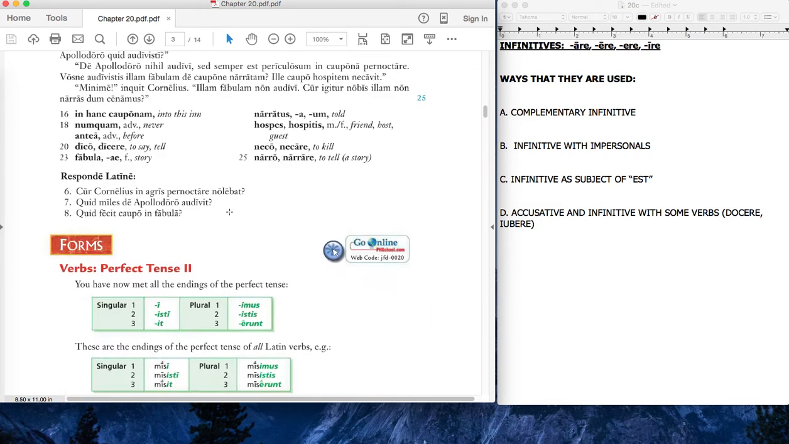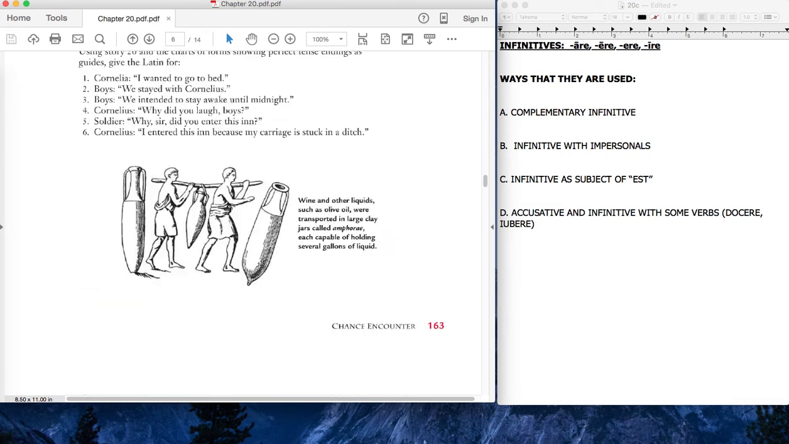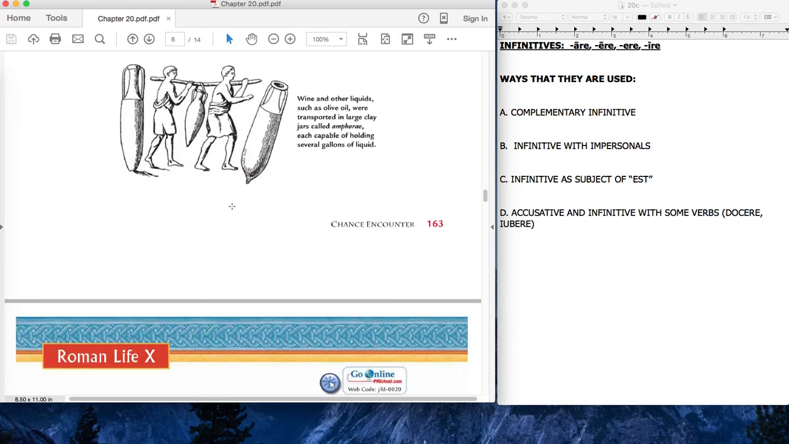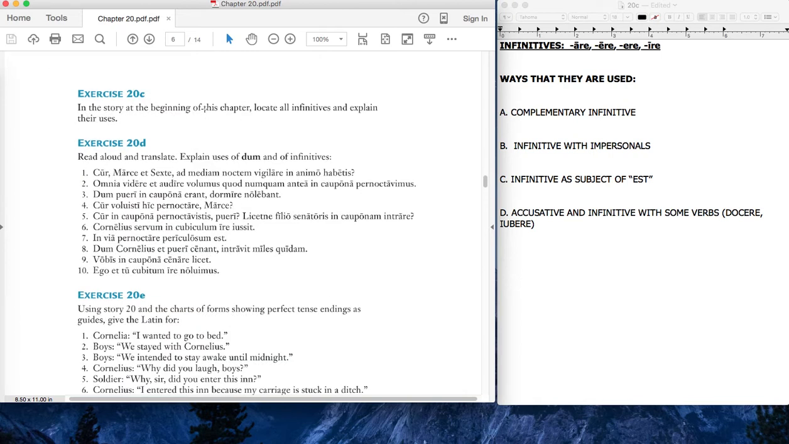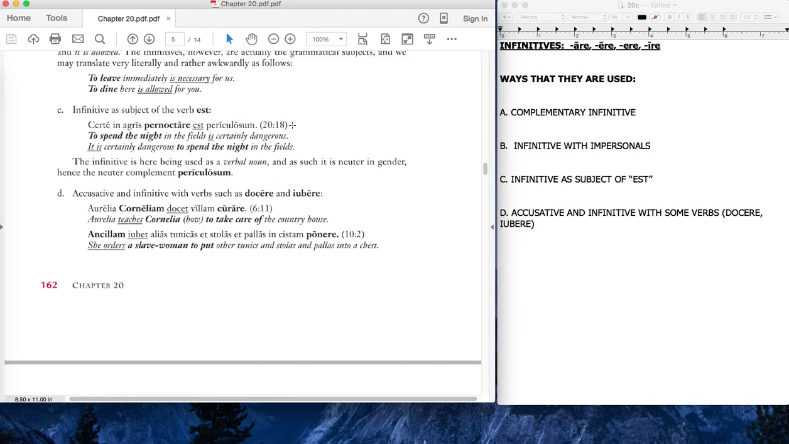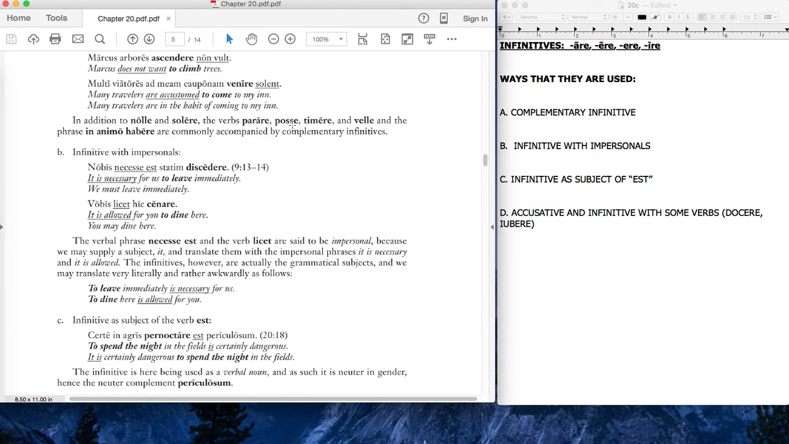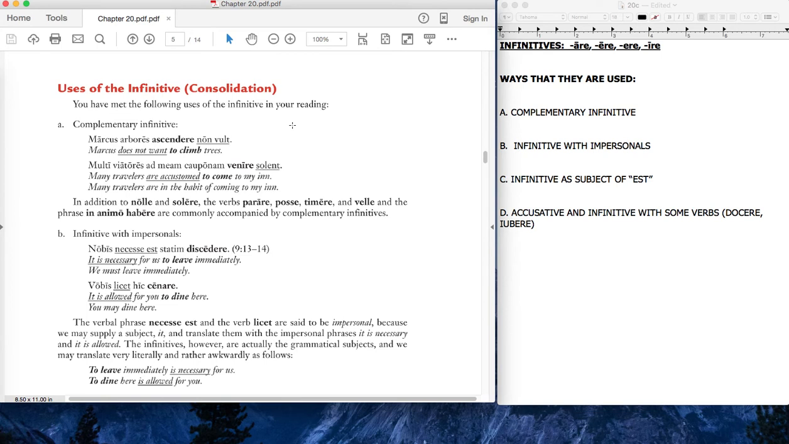Let's go back to where the assignment is real quick, just so I make sure I have this right. Okay, there it is, 20C. So, in the story at the beginning of this chapter, locate all infinitives and explain their uses. So, infinitives have four uses as detailed here. So, Liam or anybody else who has questions about this, this is where you see examples of which categories infinitives are